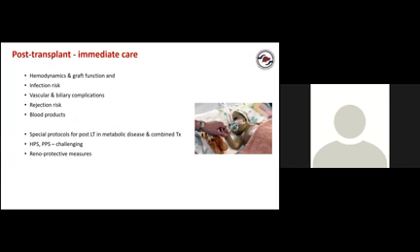Renoprotective measures. This is very important because following liver transplant, we know the child has to be on immunosuppression and that has to be lifelong immunosuppression. And one of the common agents we use is tacrolimus, which has a renal adverse effect profile. So we have to be very careful and minimize all the hits which would happen to the kidneys in the immediate post-transplant period. It could be pre-renal, renal, post-renal. So all these things would be considered when you're managing a child, because what we need is not the immediate survival. What we need is the long-term quality survival. So it's very important that you look at the renoprotective measures.